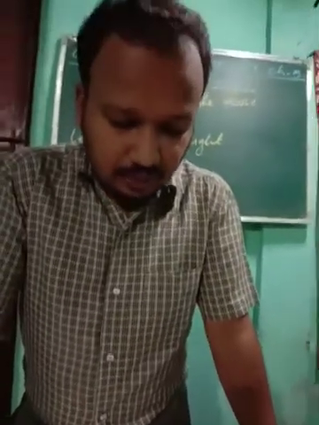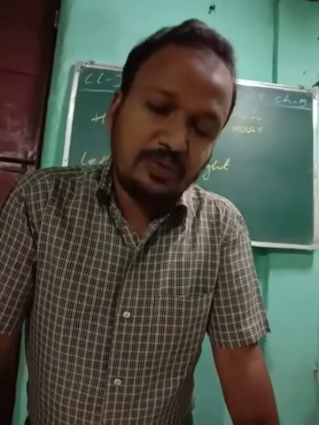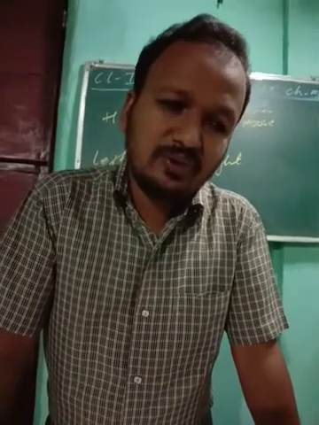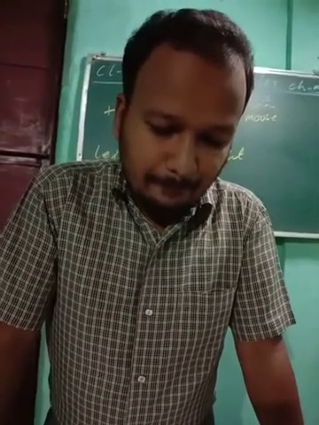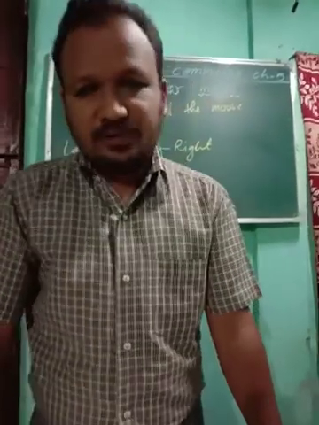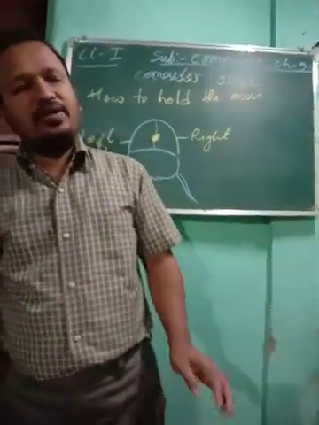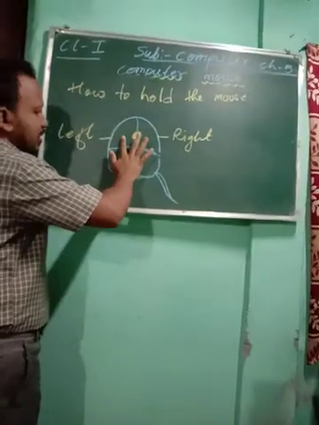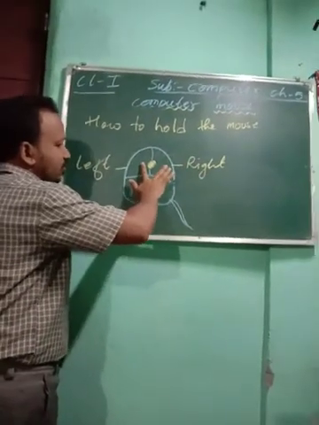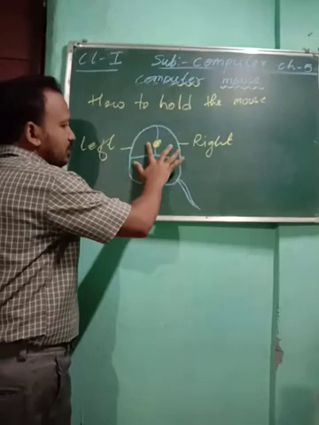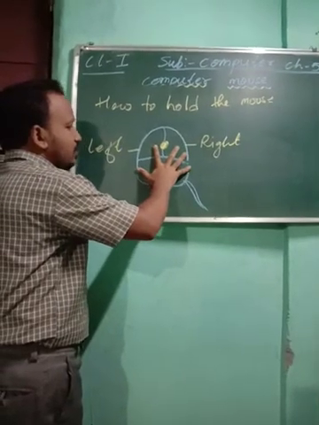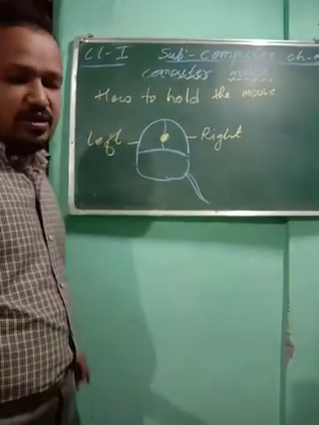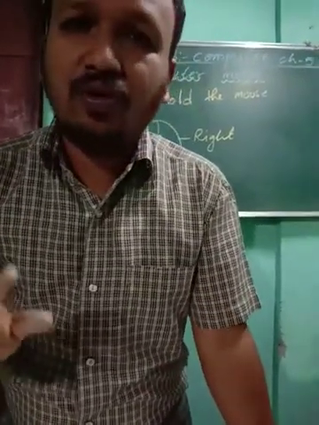Now, when you know how to hold the mouse, you will be able to know how to use the mouse. So now children, I think everyone has understood how you will hold your mouse. Once more I will tell you. You will put your index finger on the left side, middle finger on the right side, and palm firmly on it, and with the other fingers you will hold the mouse very firmly. These two fingers are very important. So in this way you can hold the mouse.